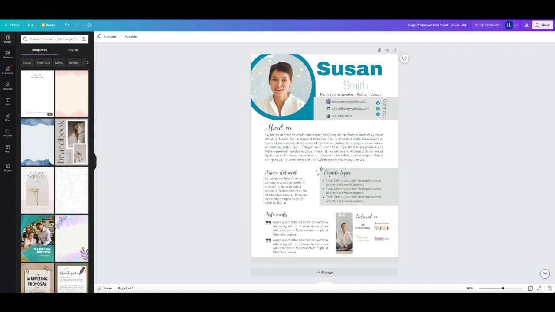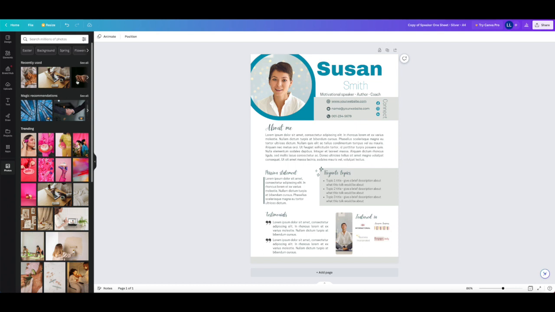I would also be able to change the color of these elements as well. And we've already talked about changing the color of text. So the last thing to talk to you about is changing photos that are in a Canva design. So what I would do would be to go to the Photos app on the left hand side menu bar here,